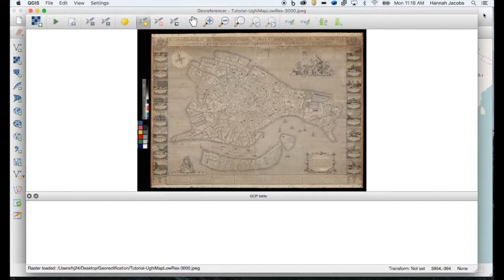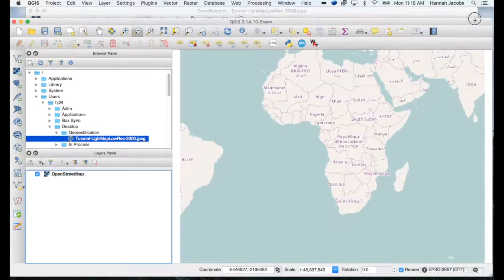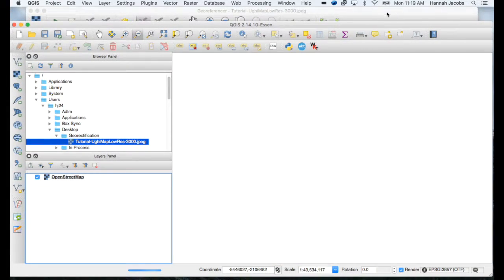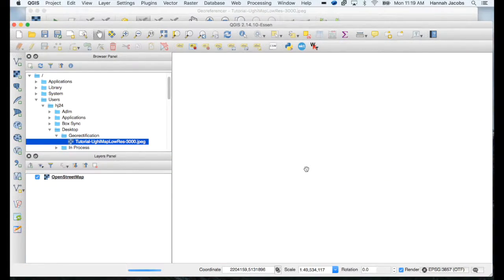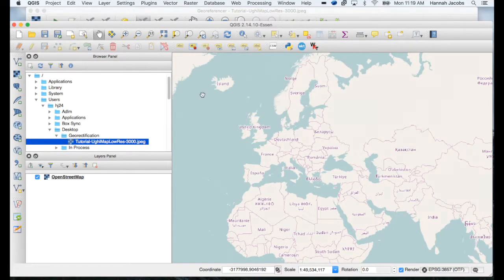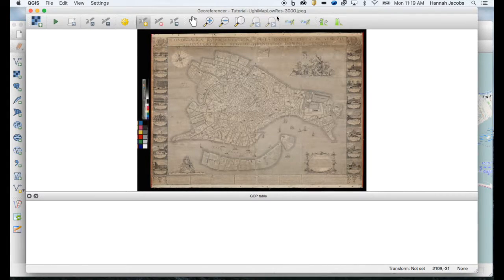So I'm going to actually go back to QGIS for a moment, and I will make this window a little bit smaller so we can always find the georeferencer. And now I need to refocus back on Venice because I've taken us out of there. And for now, I'll leave it at this scale because we want to be sure that we can see the